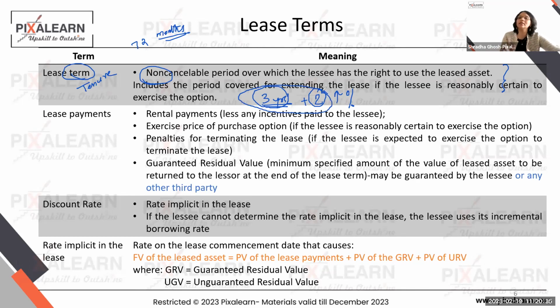On the contrary, if the lease, let's say for a factory building, is given to you for 15 years, and there is a penalty if you foreclose the lease early. And even when you are signing the lease, you know that you're going to foreclose it 5 years early, then you're going to treat the lease term as 10 years and not 15 years. So it is not a hard and fast rule, guys, what is written in the contract.